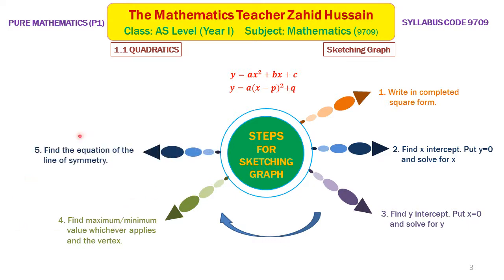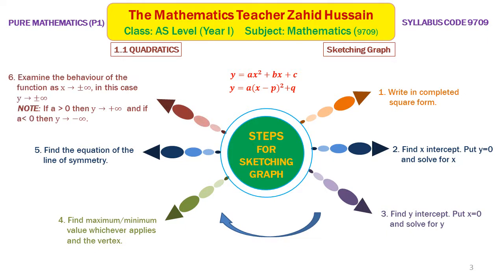Then you will find the equation of the line of symmetry. You know that when we put this expression equal to 0, x minus p equal to 0, then x equal to p is the equation of the line of symmetry. If there is x plus p, then x equal to minus p will be the equation of the line of symmetry. So you will find the equation of the line of symmetry from the completed square form,